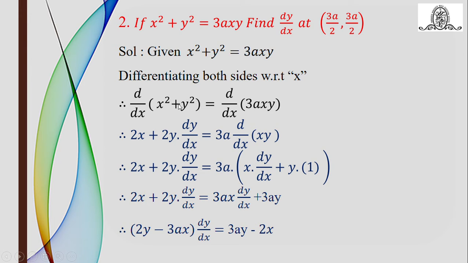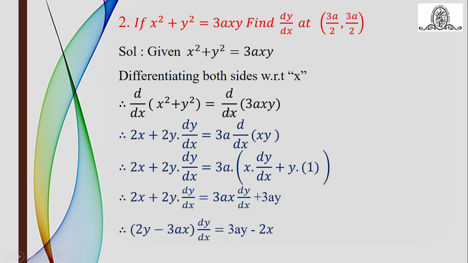Plus here the derivative of y square. Now it's a y function and we have to differentiate with respect to x. So here also we will write the derivative of the square first, like x square. So the derivative of y square is first of all 2y, multiplied by the derivative of that base, means y, which is dy by dx, which is expected to be written separately.